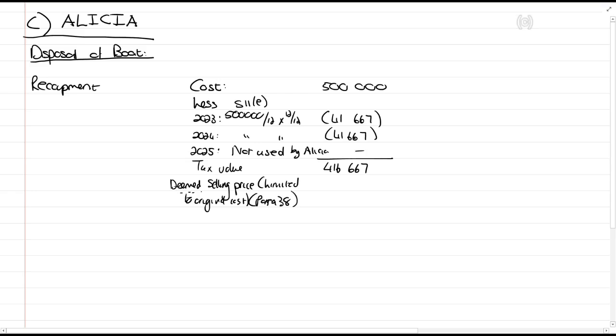But paragraph 38 of the H schedule tells you if you make a donation, you must use the market value as if that was the selling price. Now the market value is 410,000. So 410 minus 416,667 gives us a loss amount of 6,667. Now, if the taxpayer chooses to apply section 11.0, important, the taxpayer must choose it. You can usually go and claim that 6,667, but careful now.